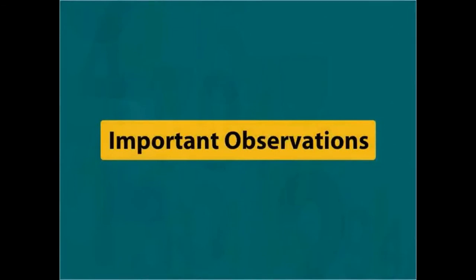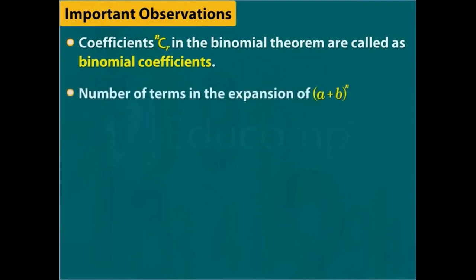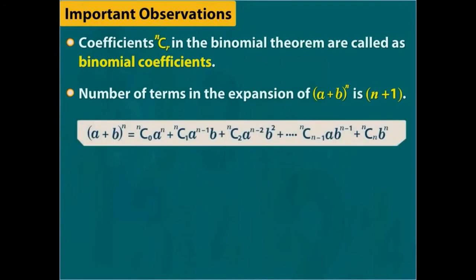Let us now consider the following important observations about the binomial theorem. Coefficients nCr in the binomial theorem are called binomial coefficients. The number of terms in the expansion of (a plus b) raised to n is n plus 1, that is, more than the index. It is clear from this expression